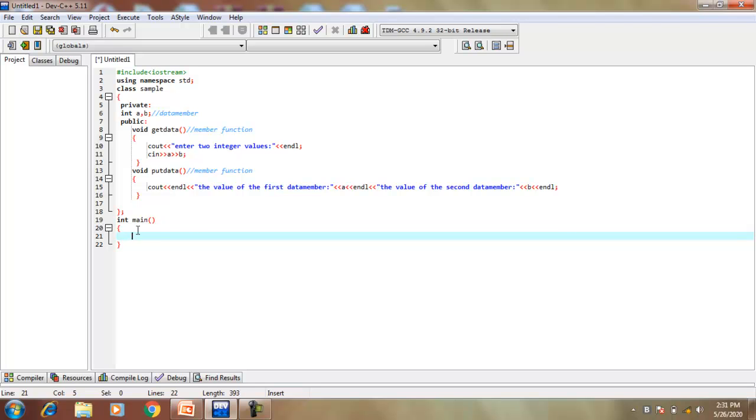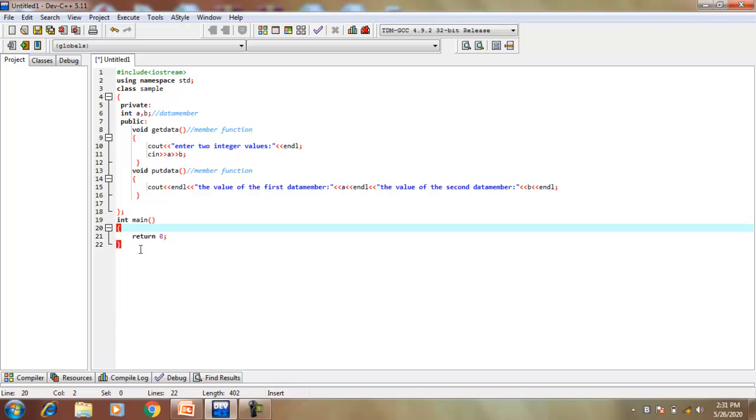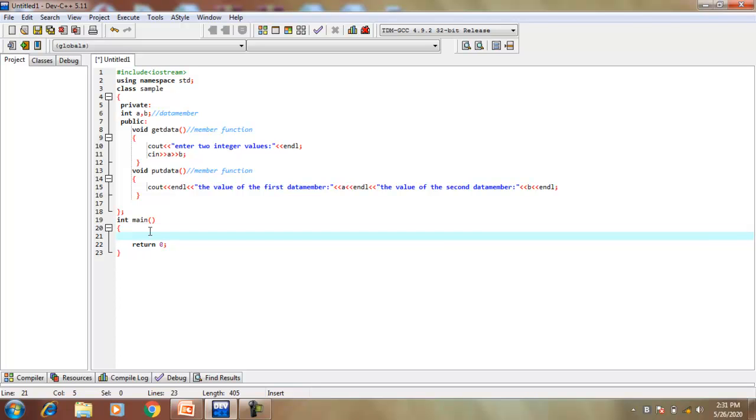Here the main function returns an integer value. So first we write return 0; and then put the other statements above it. That means return 0 is the last statement.